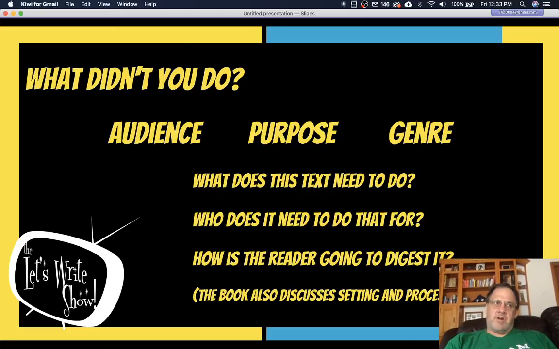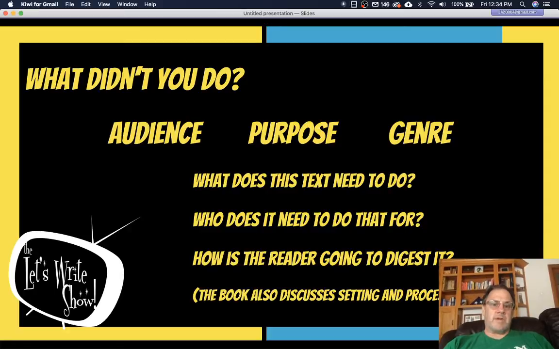And then we have the genre. So I said write instructions. So instructions are the genre, right? But you could even go further than that. It's like, okay, well, I guess you type some stuff into Canvas. So there's the medium part of the genre. But is it on paper? Is it on video? Could it be pictorial, right? So how could the genre affect this document as well? And we think about that